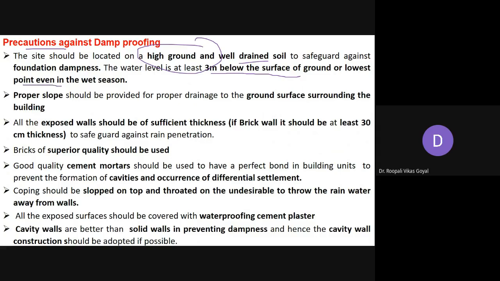So whatever the water level is there, it should be at least 3 meter below the surface of your ground surface. Surface से minimum 3 meter नीचे पानी होना चाहिए. During wet season also that 3 meter distance should be maintained. Proper slope should be provided, and proper drainage to be provided to your ground surface which is surrounding your